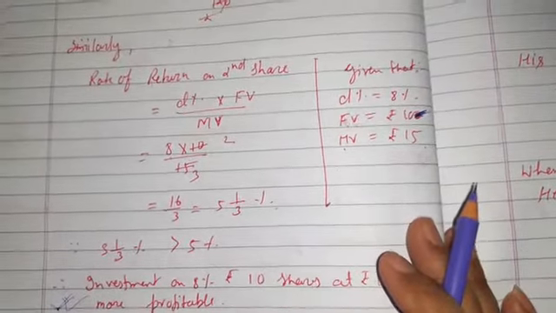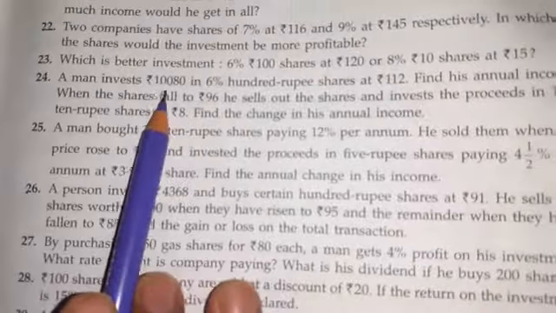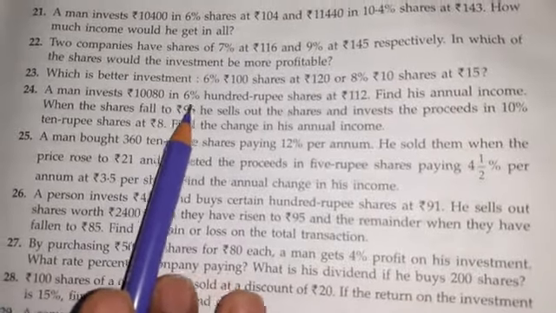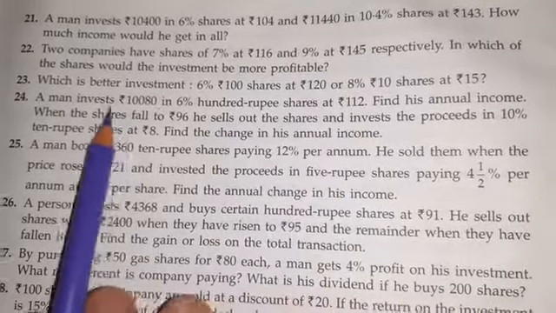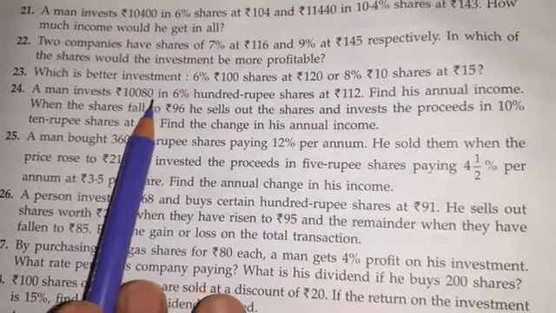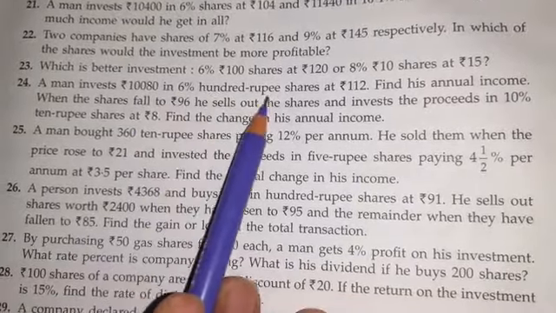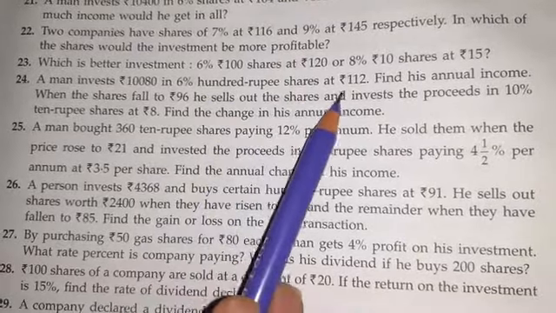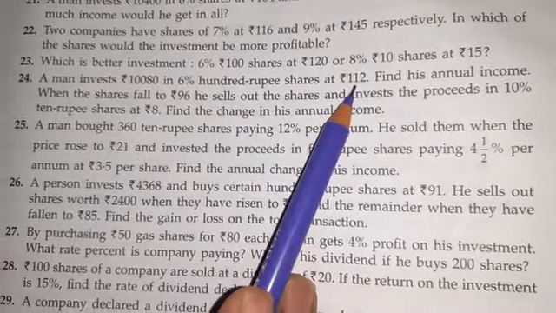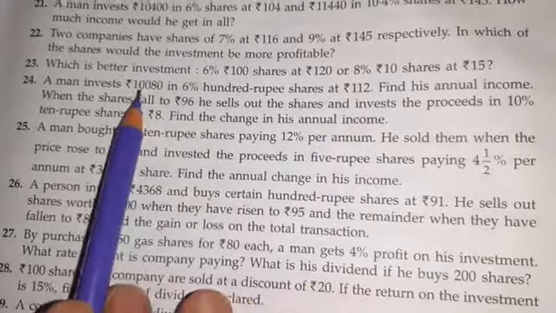Okay children, now coming to question number 24. A man invests rupees 10,080 in 6% 100 rupees shares at rupees 112. Try to understand what is given. This is total investment given. Okay, 6% dividend percent is given, and 100 rupees shares means this is face value of one share, and at rupees 112 this is market value of the same share. Okay, so we can calculate number of shares when you will divide total investment